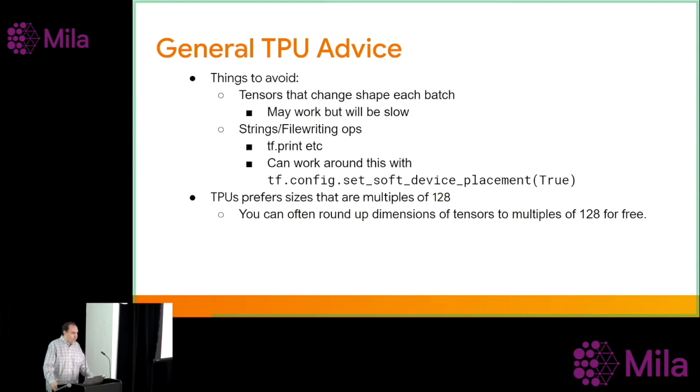The other thing you generally want to avoid inside that TPU function, the TPU step, are things which print or deal with strings or write to files. Things that you wouldn't think run on a custom piece of hardware. You can actually enable this thing called soft placement, and we will dig into your graph, pull out those functions which don't run on TPU, and place them on the CPU again. Except this is slow, so you will notice a big speed hit if you try to enable this and have prints in the middle of your